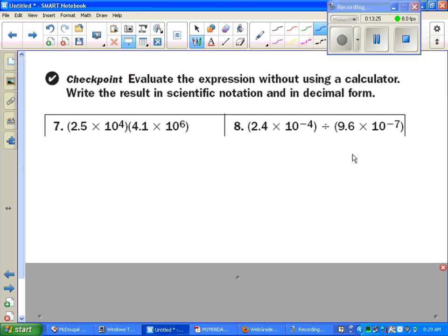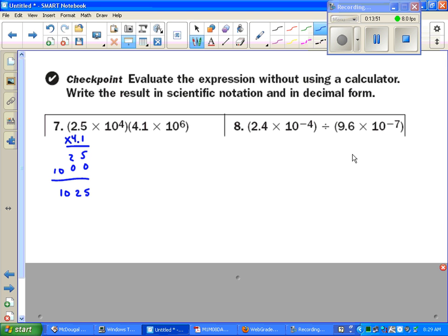And then you have a few problems on your checkpoint. You can do your bases together. 2.5 times 4.1. It says you do it without a calculator, so 2.5 times 4.1. We can do that without a calculator. 1 times 5 is 5. 1 times 2 is 2, which is placeholder. 4 times 5 is 20. 4 times 2 is 8, plus 2 is 10. So when we add those up, we get